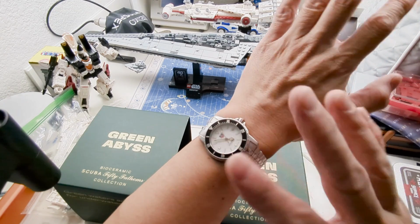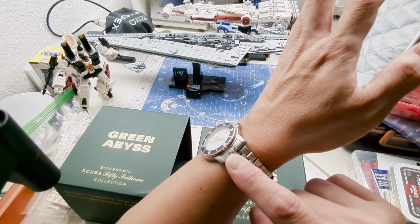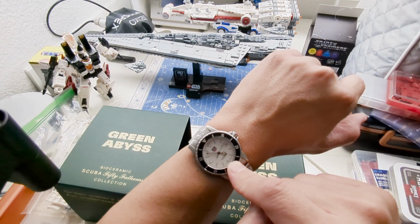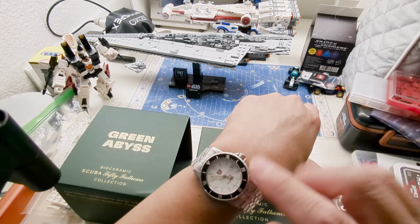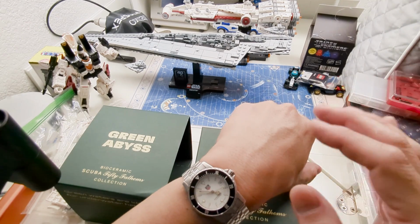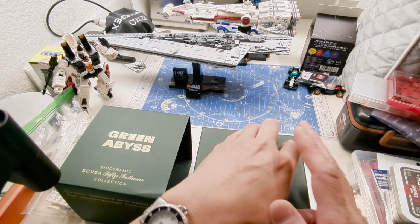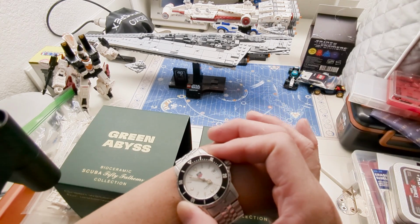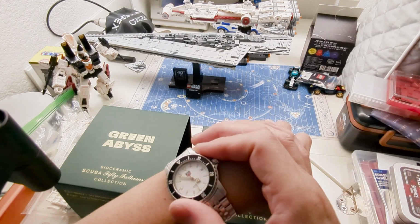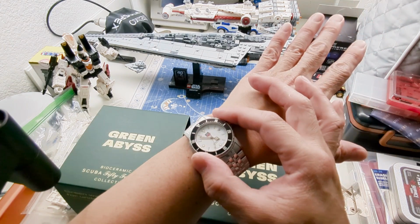It's a neo-vintage, circa mid-90s, 1500 series quartz dive watch. This was the first dive watch I ever bought myself, way back around 1995, and I did lose it after having it for 12 years. Then I was without it for about 18, so basically a 30-year difference between when I originally bought it and now. I picked it up again about a month or two ago. Decent example, and yeah,